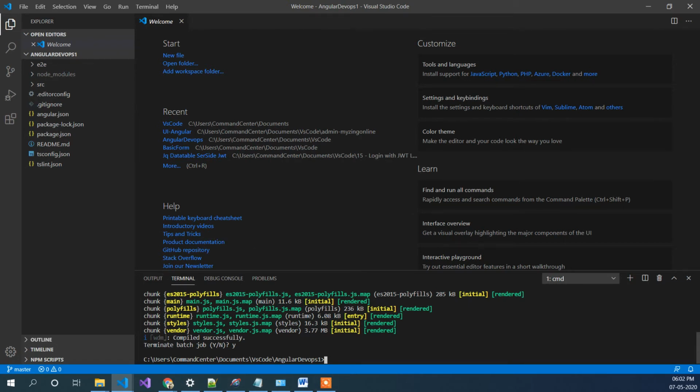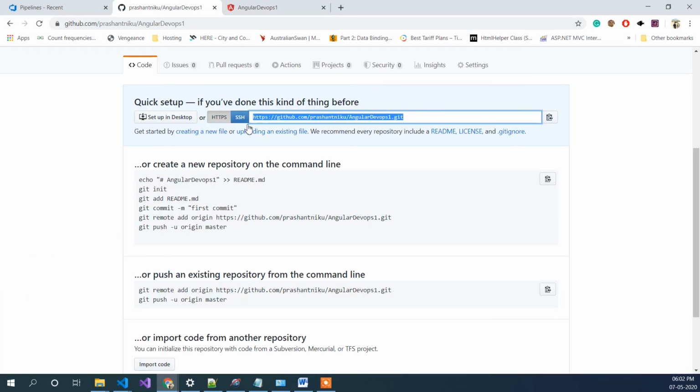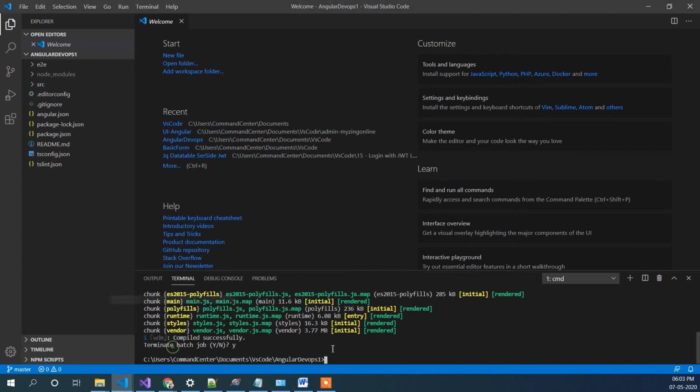And then I will use some commands in order to push this to the live server. First I need to add an origin. Let's copy this, and I need to paste it here.